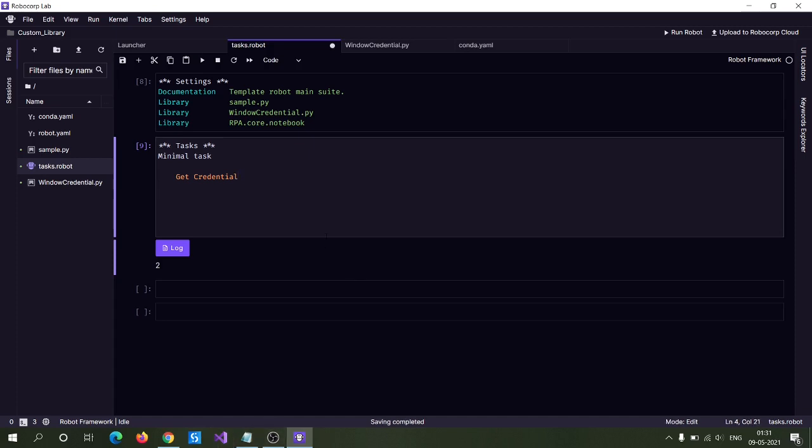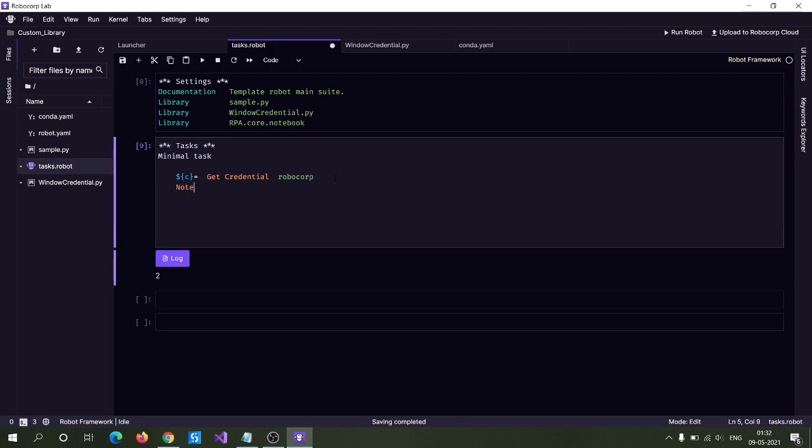So let me pass the service name as Robocop and store this in a variable, let's say C. Now let me print the value of C to see what it holds.